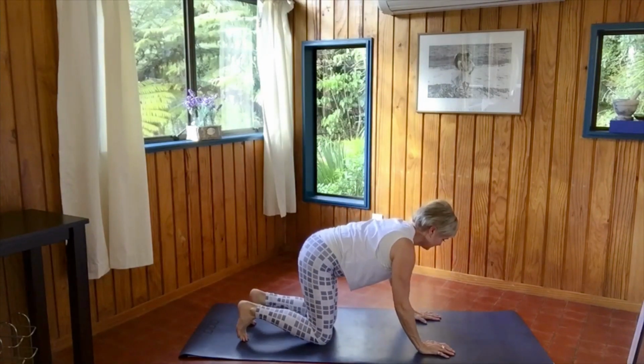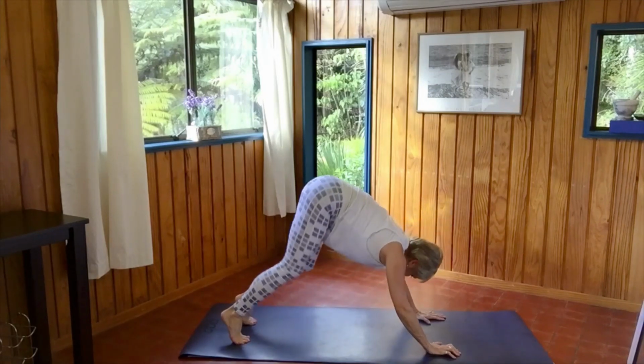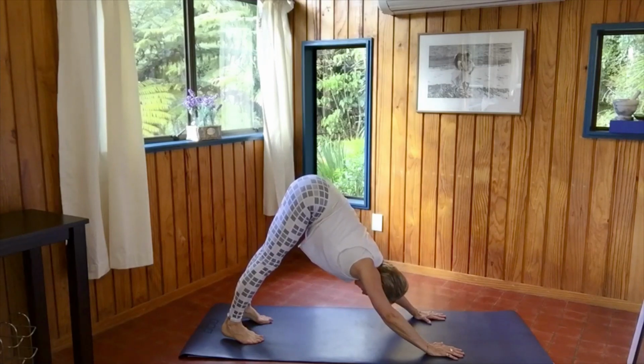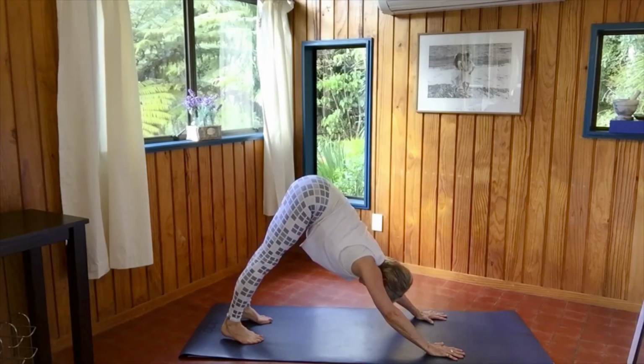Toes curled under. Hips lifted. Heels heading towards your mat. Palms pressed into the mat. Pinkies and index fingers pressing as wide as they can. And deep breath